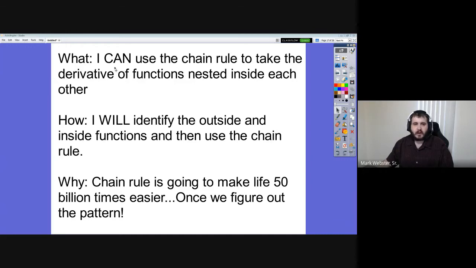So what are we going to do today? We're going to be able to use the chain rule to take the derivative of functions that are nested inside of each other. How are we going to do this? We're going to be able to identify the outside and the inside functions, and then we will use the chain